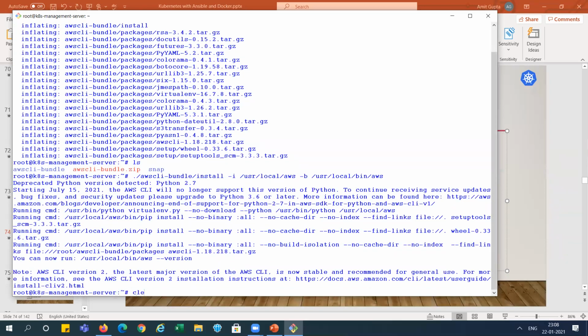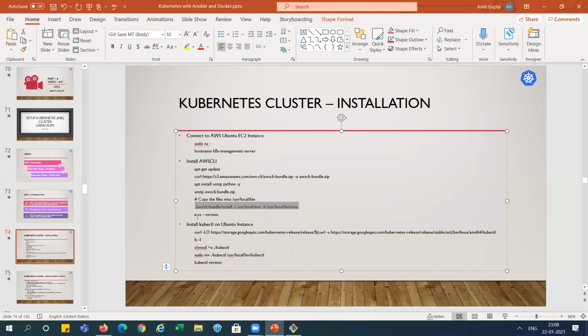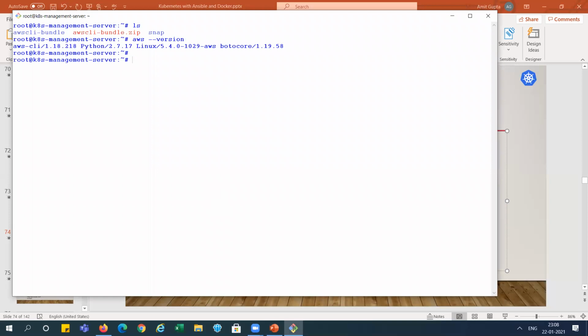And now we can see the version installed, right? You can see the CLI version installed, right?